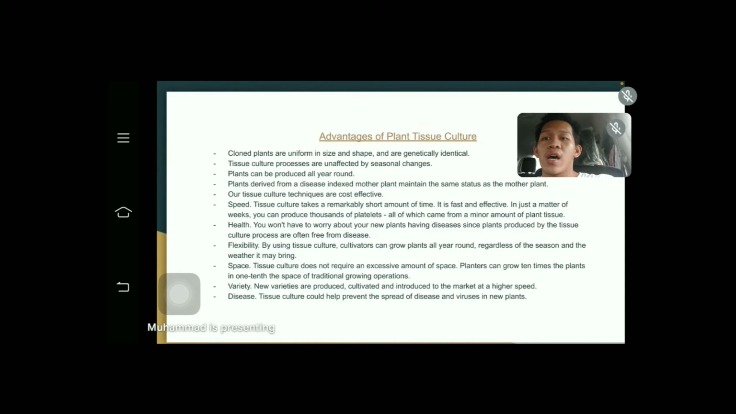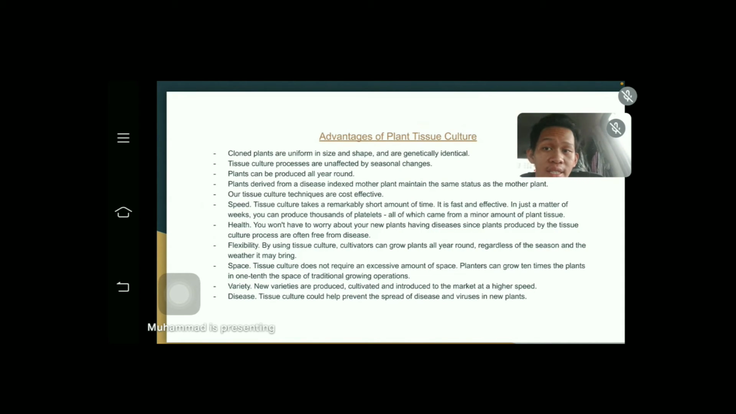Next, we go to the advantages of plant tissue culture. A clone, a cloned plant, are uniform in size and shape and are genetically identical. Tissue culture processes are unaffected by seasonal change. A plant can be produced all year round, and